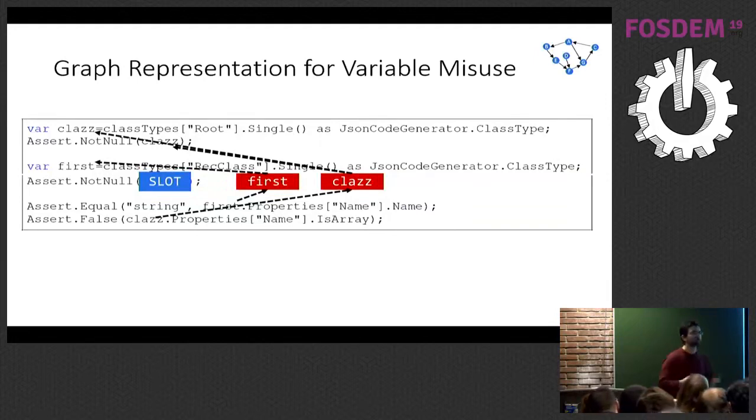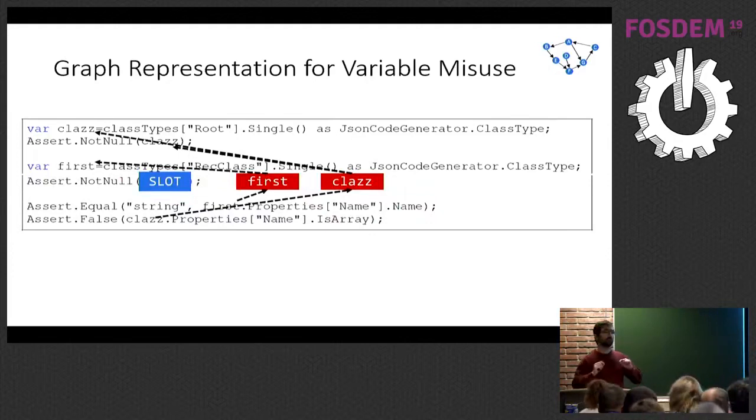And we're going to do a speculative data flow analysis. We're going to say, if first was in the slot, how would data flow around it? If class was in the slot, how would data flow around it? And we connect everything here and there. So now we are going, so this gives us essentially a form of